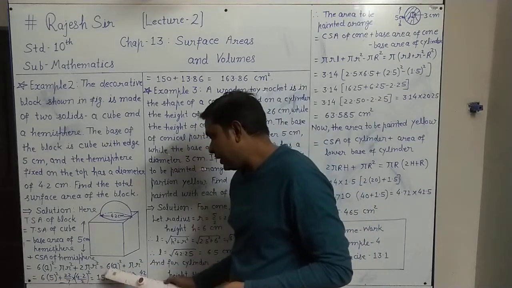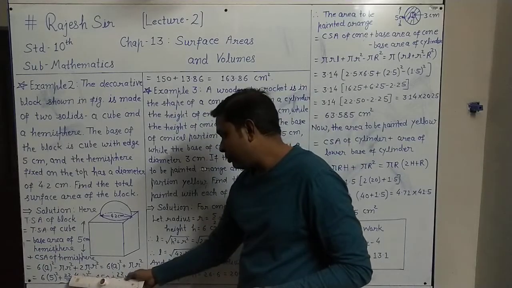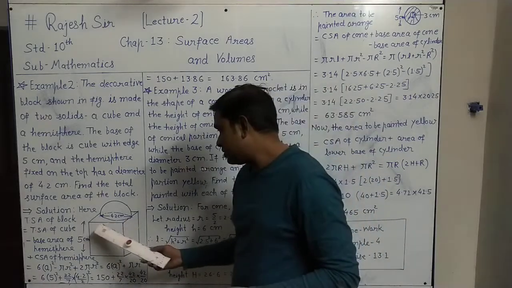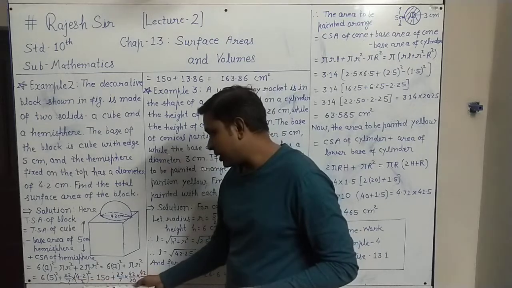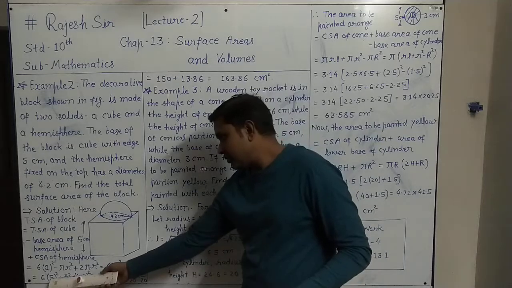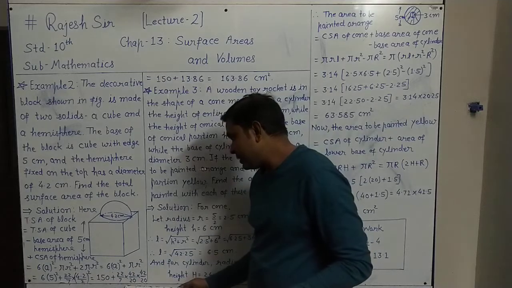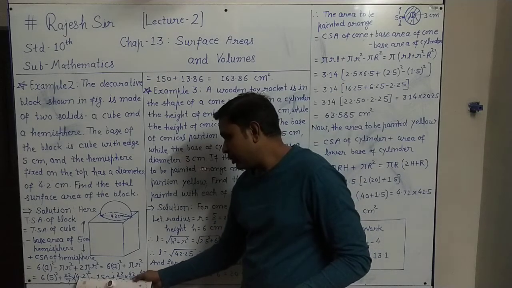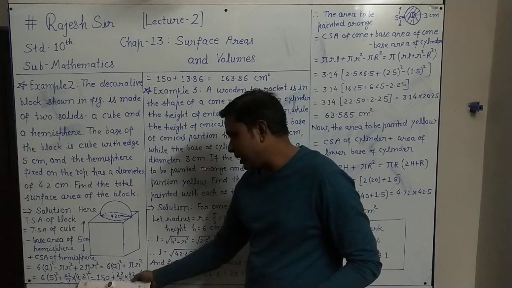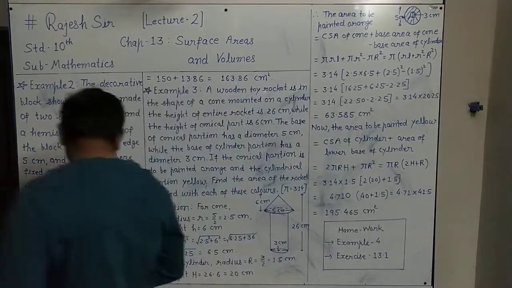6 into a square, the edge of the cube is 5, so that is 5 square, plus pi is 22 upon 7 into r square, where r is diameter by 2. And the diameter of this hemispherical part is 4.2, divided by 2, so it gives r, and its square. Now more simplifications. 5 square, 25 into 6 is 150, plus 22 upon 7 as it is, 4.2 upon 2. To remove the decimal point we have to take 10 down, so it is 42 upon 20, and its square. Now simplification we have to do.